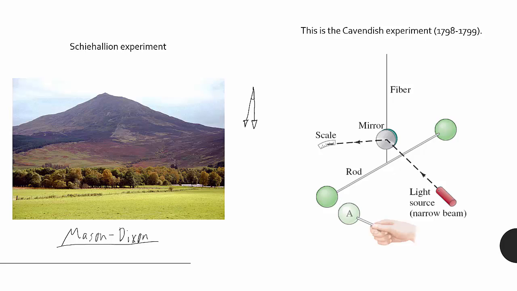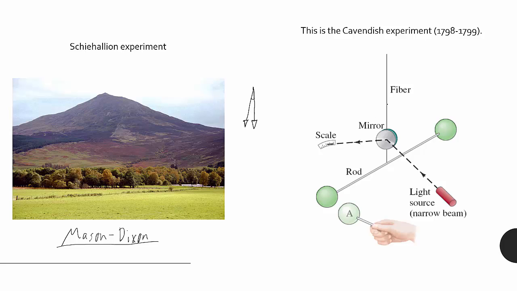In order to be able to see it, what they did is they hooked a mirror. And so if this is on a really far away wall over here, they shone a light source on the mirror, and they looked at that light beam hitting the wall, so that any tiny movements in that mirror would be magnified on the wall, and so that enabled them to read these tiny movements.